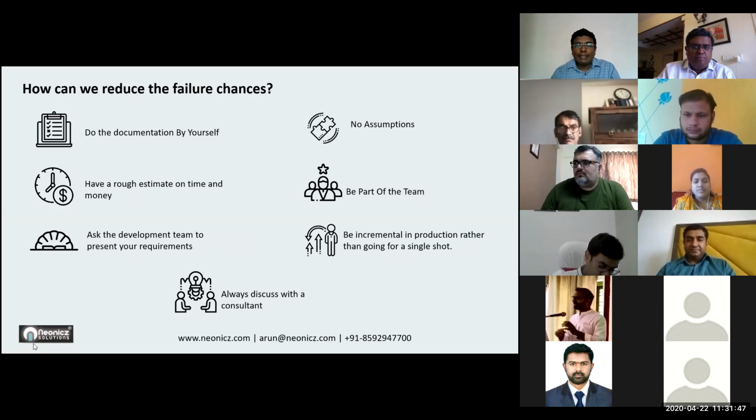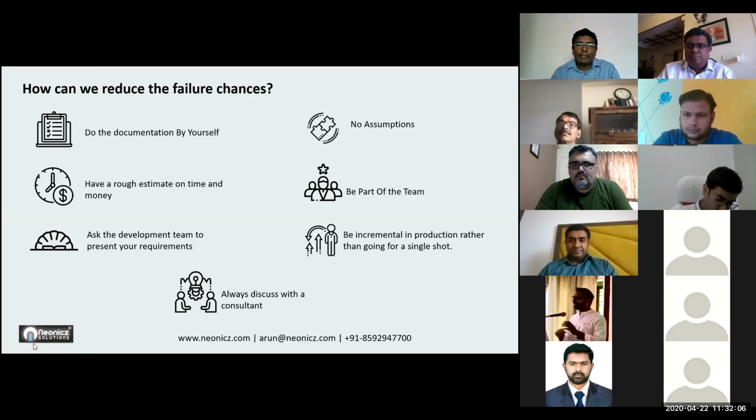And definitely this is a mandatory requirement. If you are not a technical person, you should always discuss with a consultant who understands both the business and the technical things. He should be capable of understanding what your dream is, what you are actually proposing, and how a tech team or a technical company is actually going to operate on these things. So he should be the best companion to you in making your project a successful one.